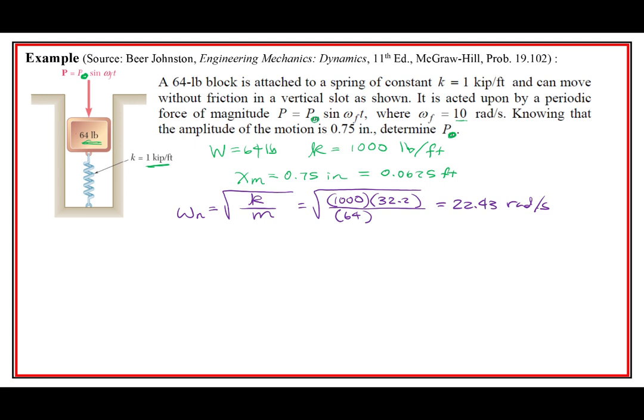And we'll see that, did I bother with an R? I guess I didn't bother with an R. I'll write down the R this time. So R is going to be equal to omega F over omega N. Omega F is going to be 10, and omega N is